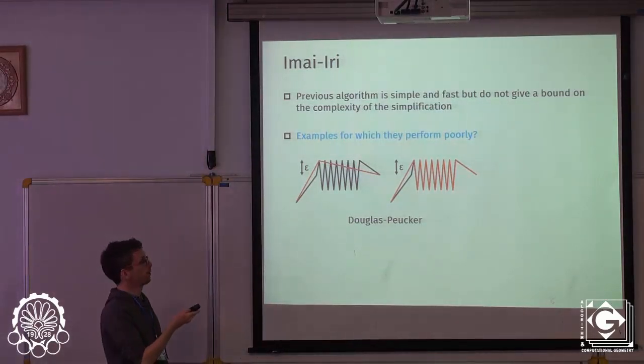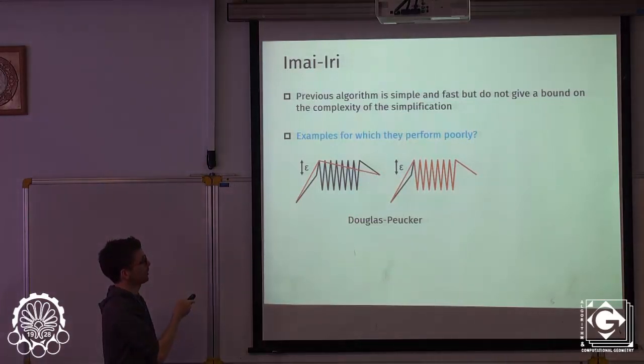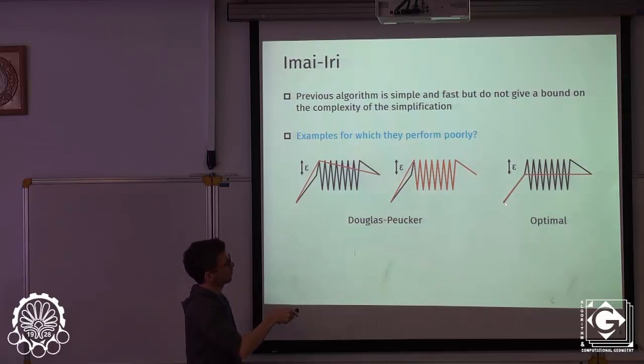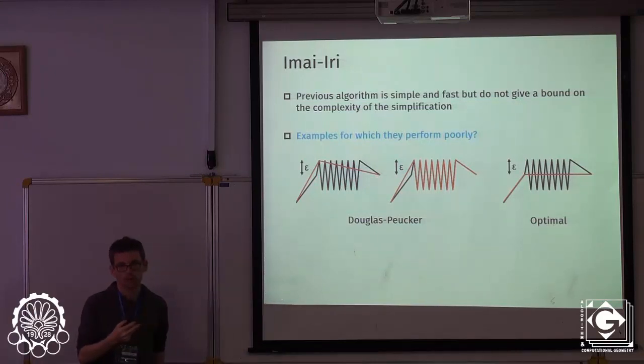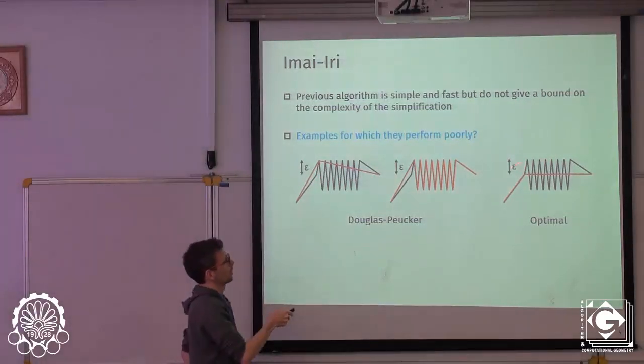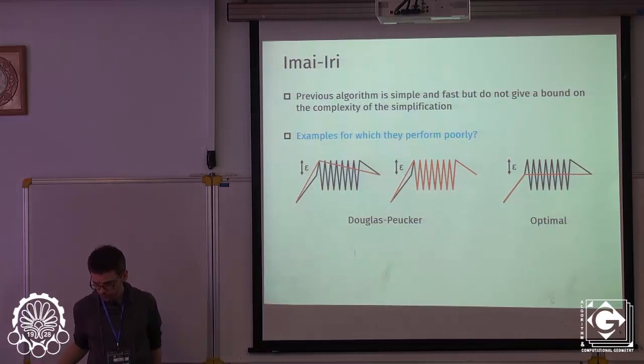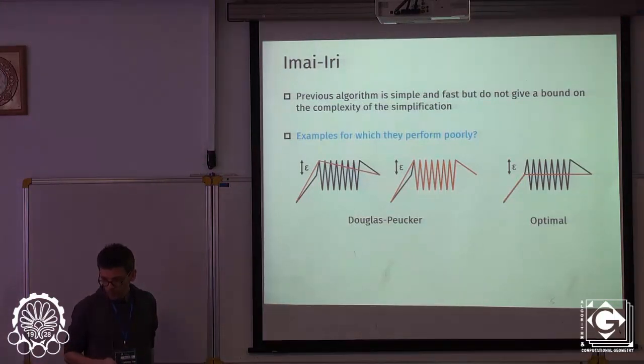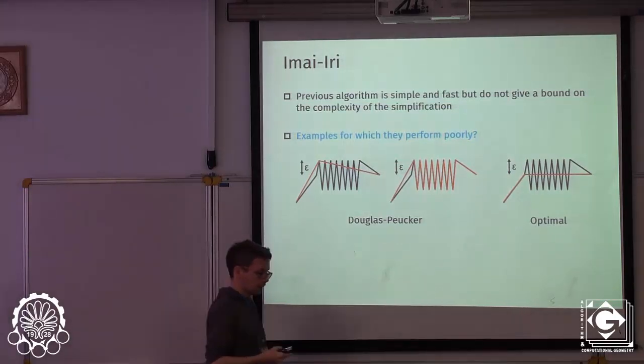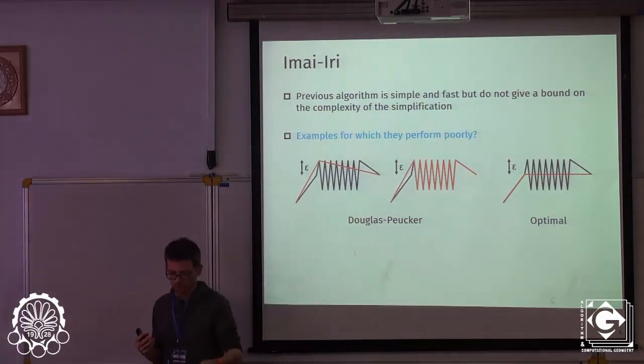While an optimal simplification, if we restrict ourselves to vertices here even, is going from here to this vertex here, and then just moving through. So there can be a huge difference between an optimal simplification and what Douglas-Peucker gives you. Therefore, the next algorithm I'd like to show you is actually the framework by Imai and Iri, and then the algorithm is